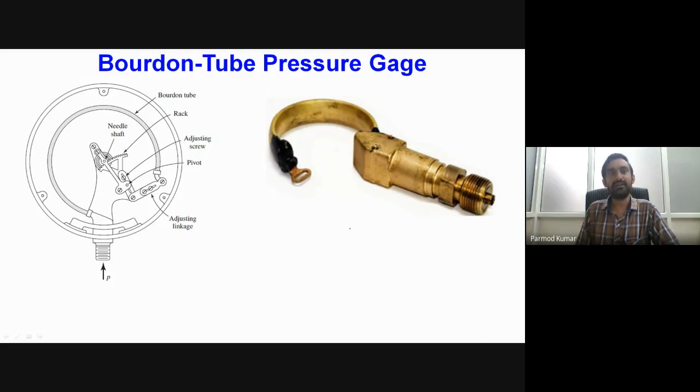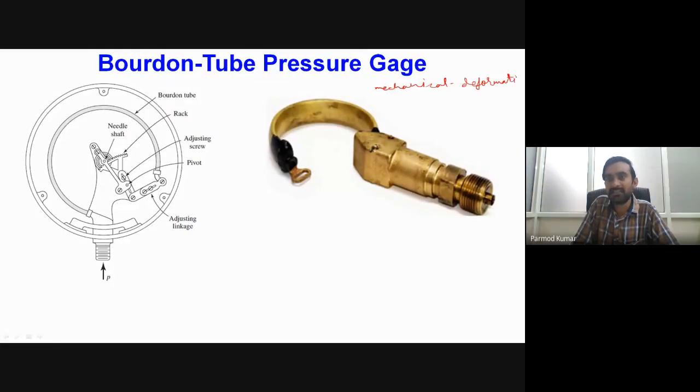So one such device is known as the Bourdon tube pressure gauge, and it is actually very popular also. Majority of the times, if you go to any industrial system, or even you see in the laboratory setups, where we are having the static or steady value of the pressure and our pressure is not dynamically changing, under all such scenarios, majority of the time you will be finding that these types of gauges are being used.